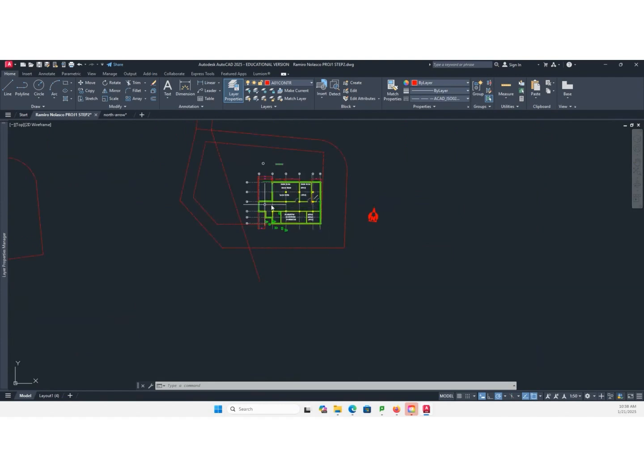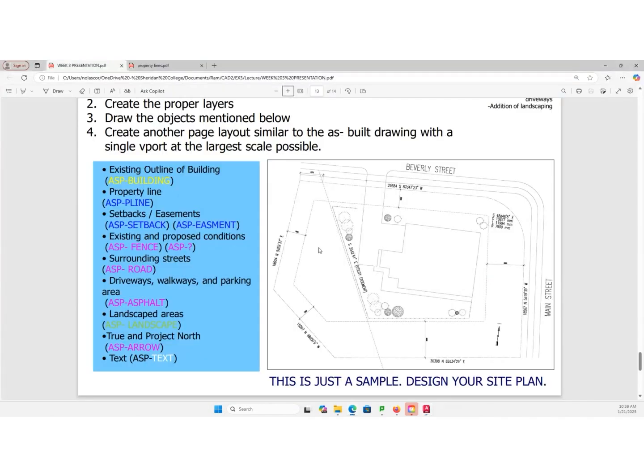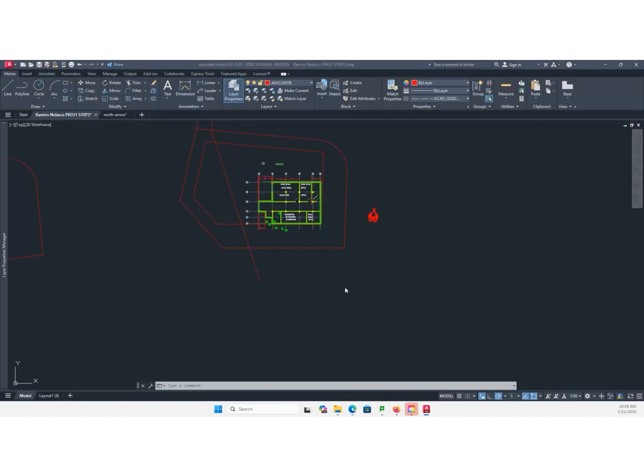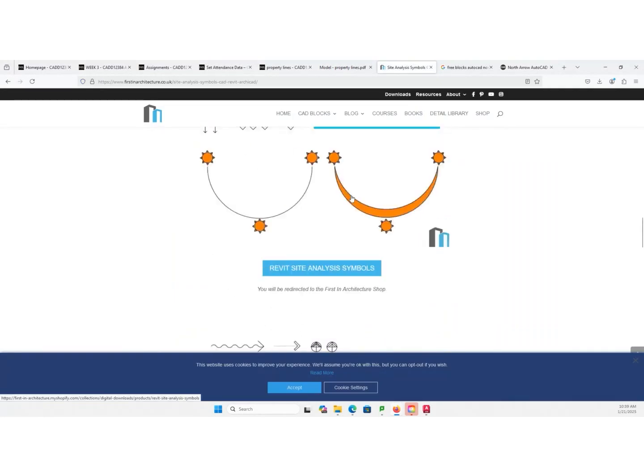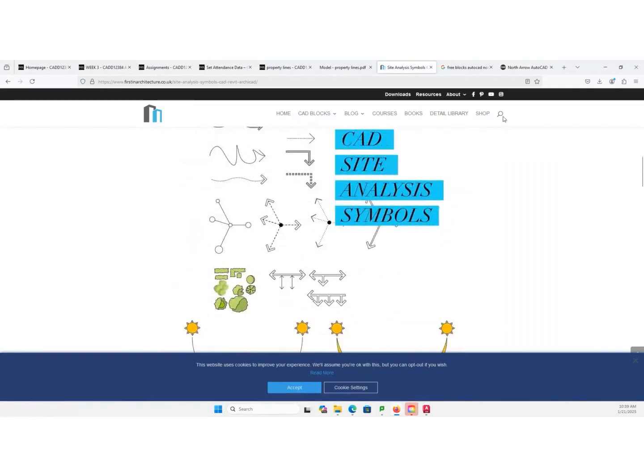So I want you to place your building there, and you're going to be adding the driveway. So you need to design the driveway. You want to place some trees as well. I think you can find the trees here. So just look for trees.